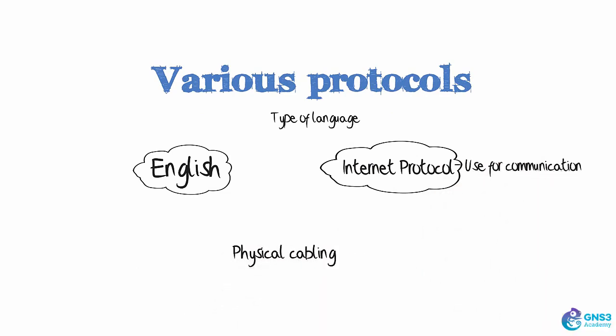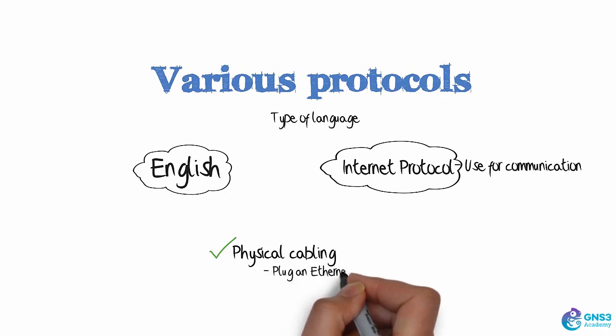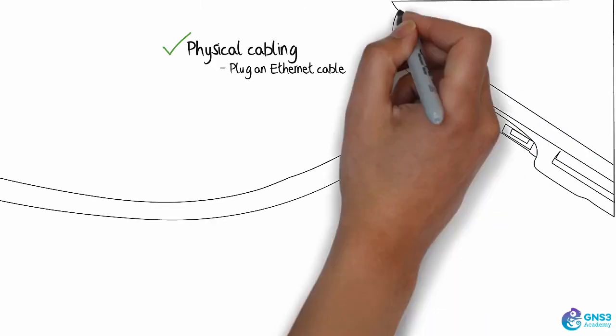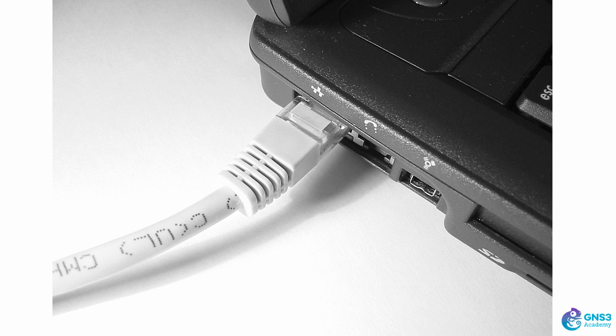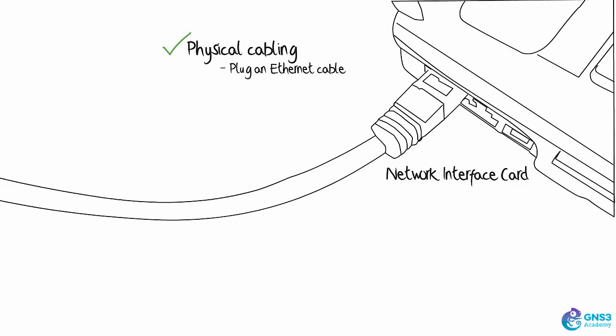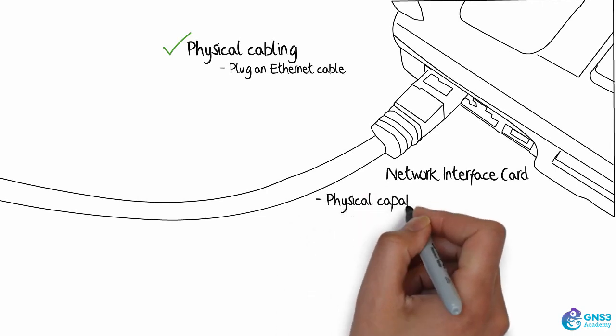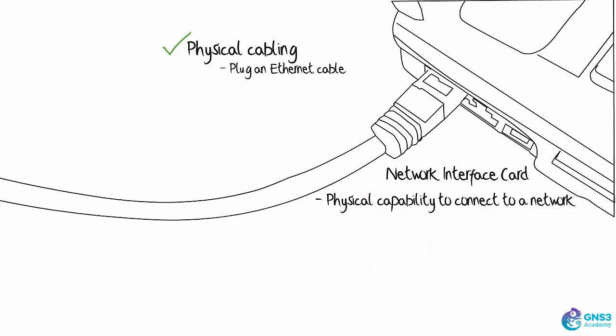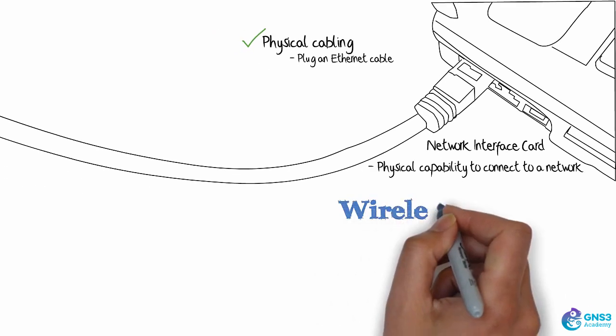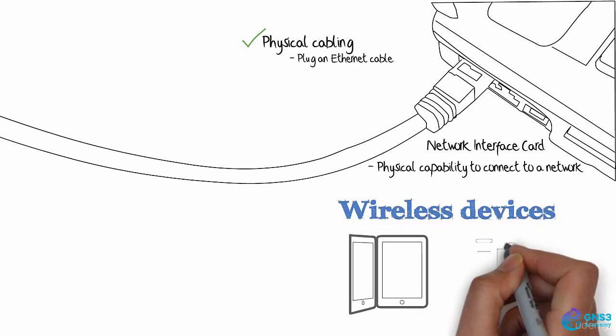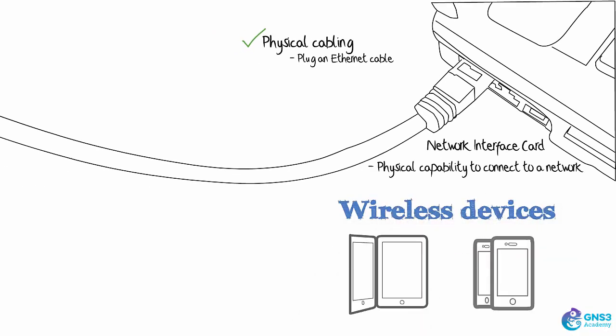When physical cabling is used, you would plug an Ethernet cable, such as in this example, into what's called a network interface card or NIC on a PC. Network interface cards give your PC the physical capability to connect to a network. If a wireless device such as an iPad or an iPhone or a Mac was used to connect to a wireless network, a wireless network interface card is used to enable that device to send and receive data through wireless